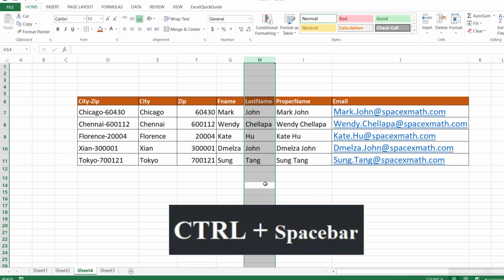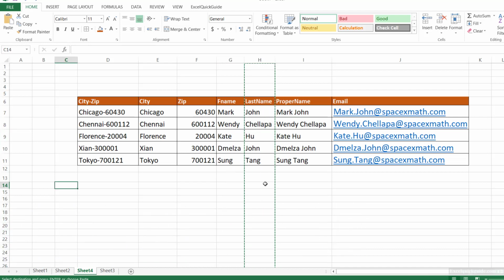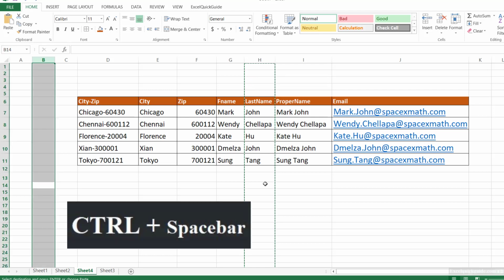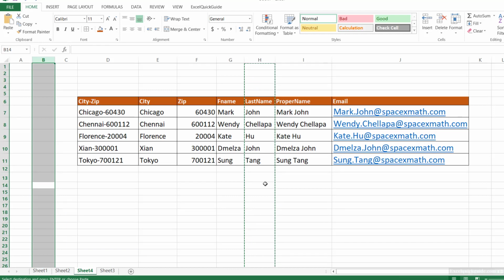So just click on Control Space and then you Control C, that's for copying, right? Now take the cursor wherever you want the items to be pasted. Now you cannot paste it in this particular cell. Excel will say that the cell is too small. So what we need to do is we need to again press and hold Control and Space. Now the entire column is highlighted